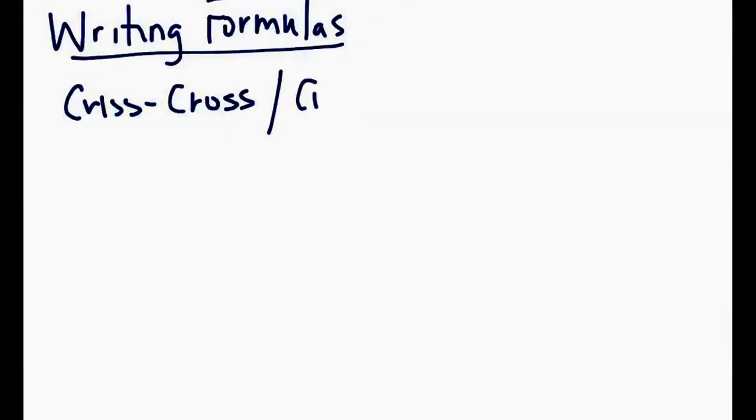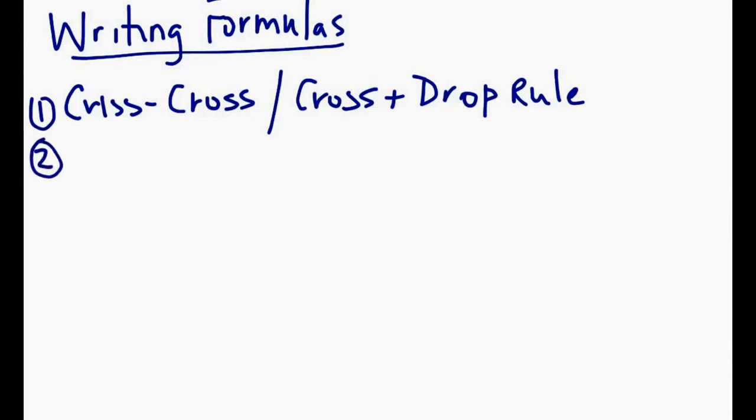There's the crisscross rule, or the cross and drop rule, and there is the zero-sum rule. So let's look at the cross and drop rule first. For the cross and drop rule, you're going to need your periodic table,